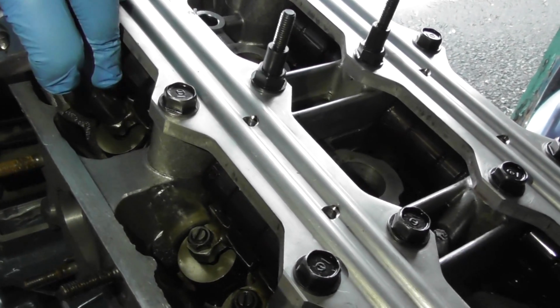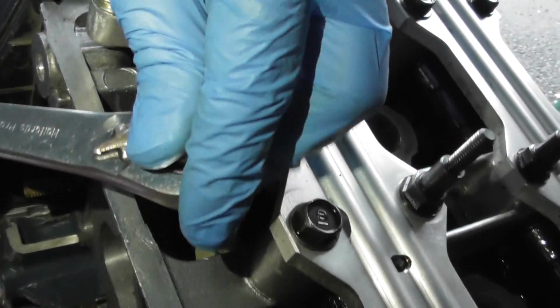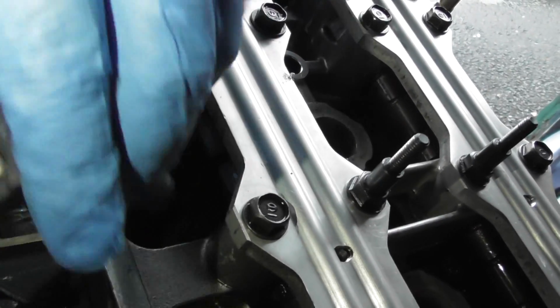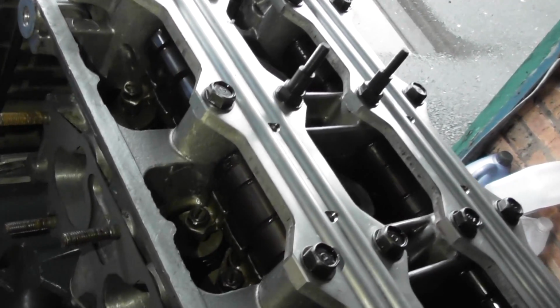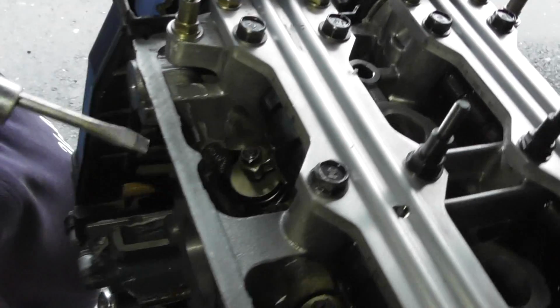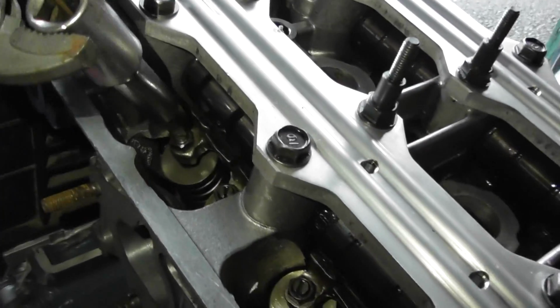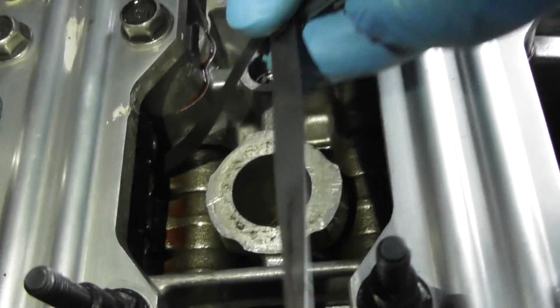Now we're still on cylinder 1 and we're over to the inlet side, and I'm going to again just loosen that jam nut. There we go. May as well do both at the same time. That's loose. Then I grab my tools. So again, I'm just slipping this down over there, slipping that socket over that, and then it's going to be somewhere between those. So round the back here, you see I can just slide, can't quite get my 1.5 in, so that means